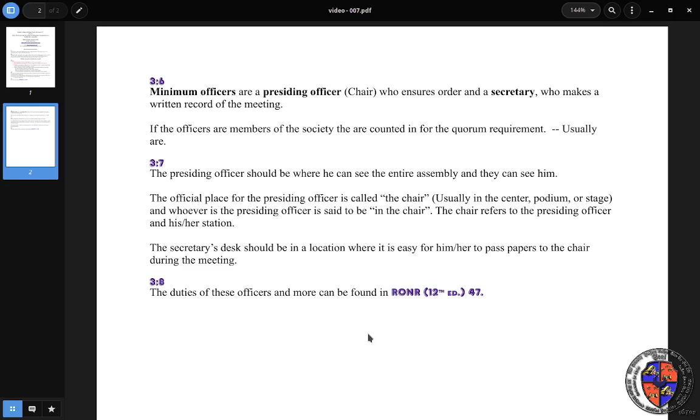Now, your secretary's desk should be located where it's easy for him or her to pass papers to the chair during the meeting. So it might be minutes from the last meeting to be read aloud, it might be an order of business, it might be a motion that was hand-typed and given to the secretary, and now you're giving it to the chair to read. All of these things, it is good for them to be like lovers, right next to each other, where they can interact easily. And the duties of these officers and other officers can be found more in depth in section